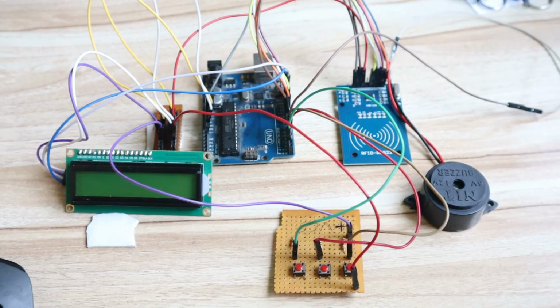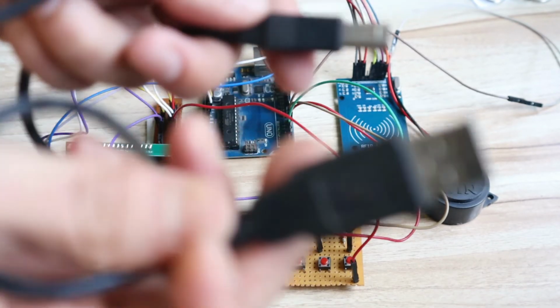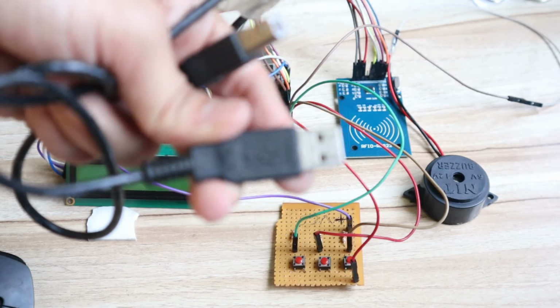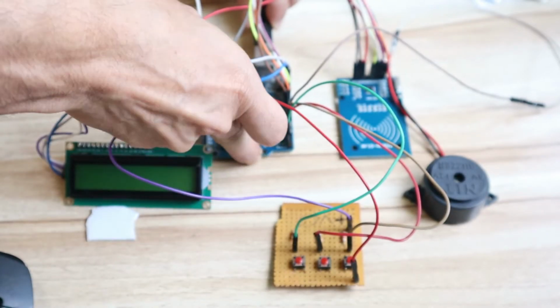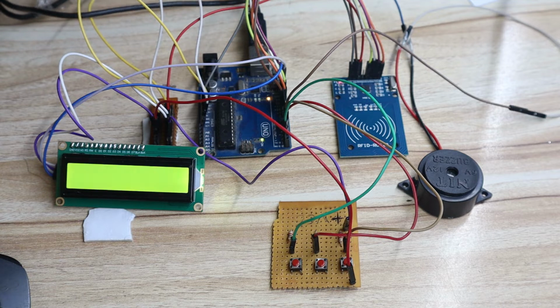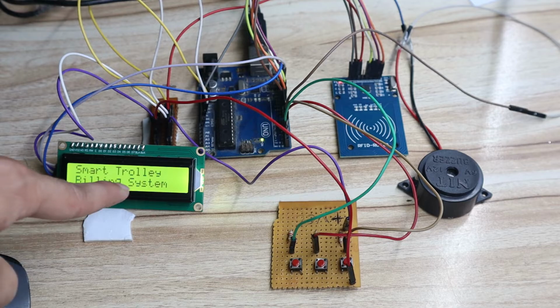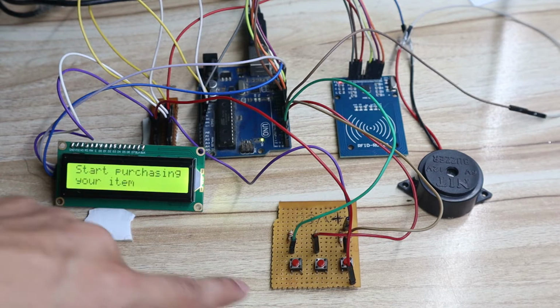Now how to give the power. So Arduino having this USB port, you can see D type USB port. This pin you have to use, and second pin you have to connect to your laptop. So from the laptop we can give the power. So just connect the pin to here. Okay, now I will give the power. So once I give the power, we can see it is displaying smart trolley system,